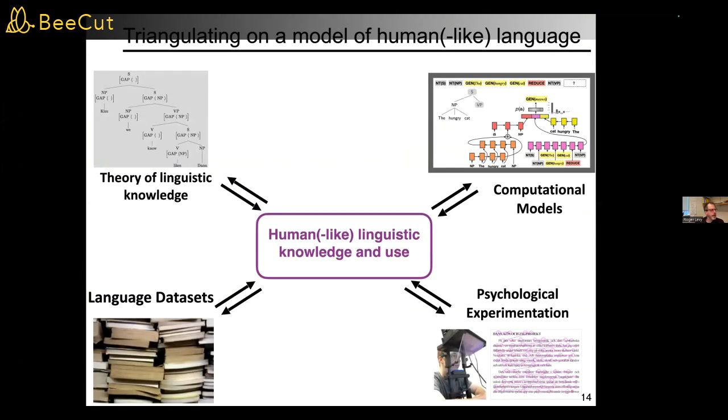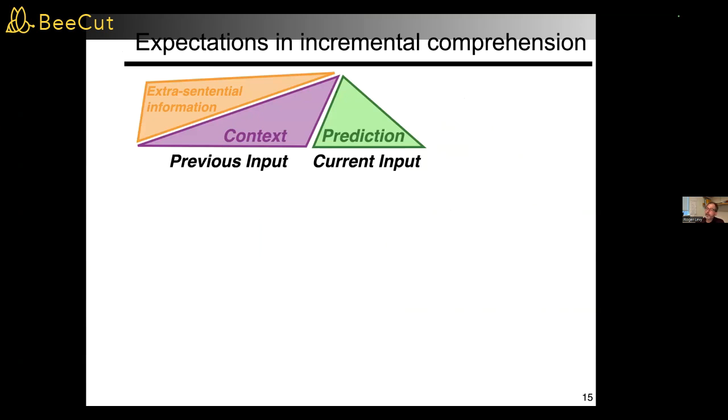Okay. So I next want to talk about a general idea about the incrementality of language comprehension. In the general case, when you're doing language comprehension, listening or reading, you're in the middle of things. You're in the middle of a sentence, maybe in the middle of a word that's coming in. And in general, there's going to be some preceding input. You're going to be making predictions on the basis of that input, and you'll get current input. The predictions that you've made about that input affect how you process it, and you keep on going. The current input becomes previous input because time is passing and so forth.